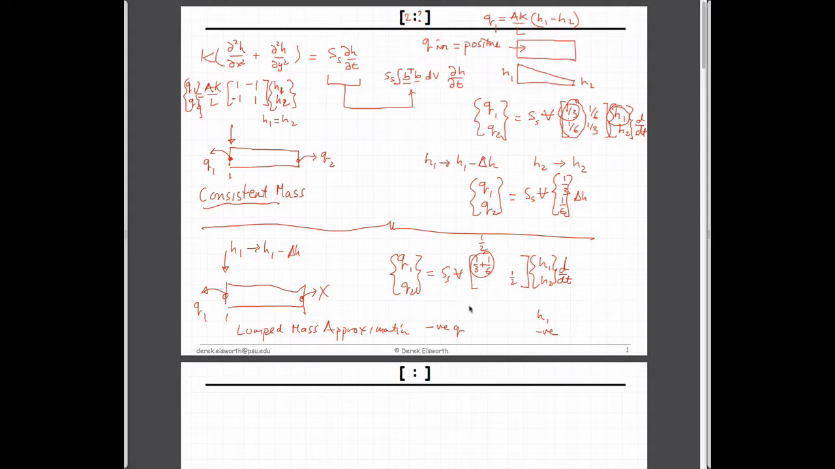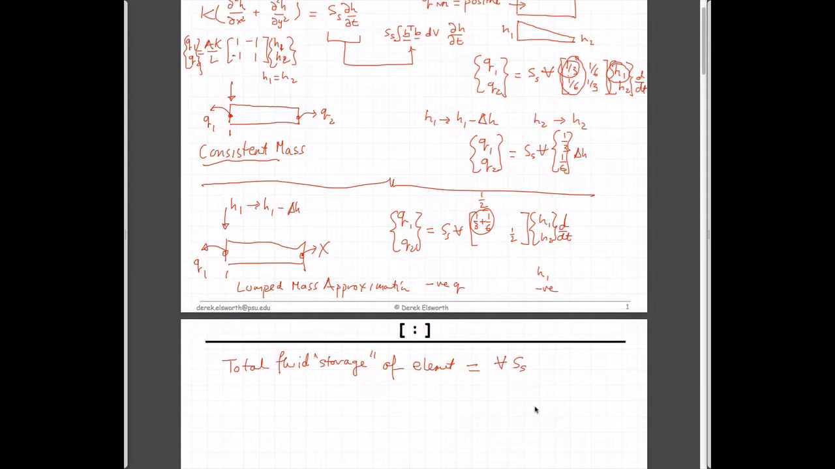And so this lumped mass approximation is just a way of taking this distribution of storage, which must be overall the storage of any given element. The total storage of an element has to equal the volume of the element times the specific storage. That's it. And so really, all that we've done in terms of these manipulations is we've chosen a way